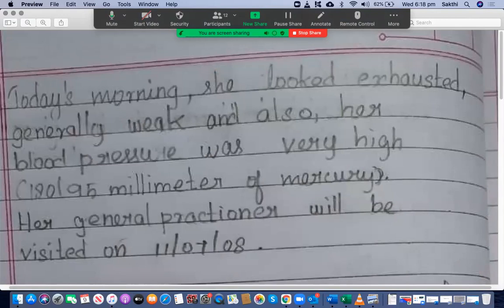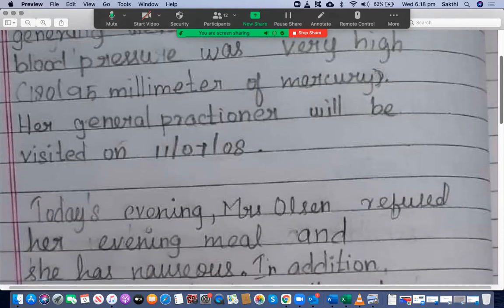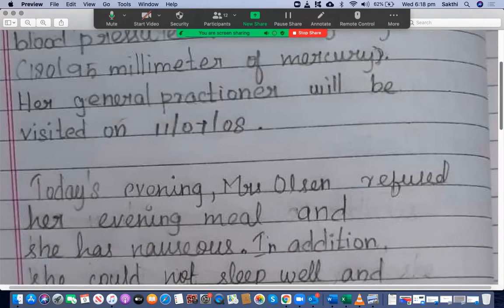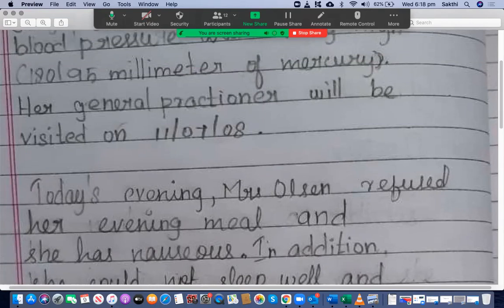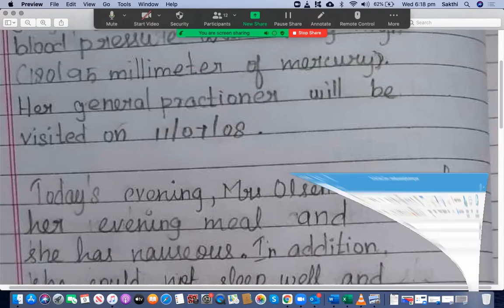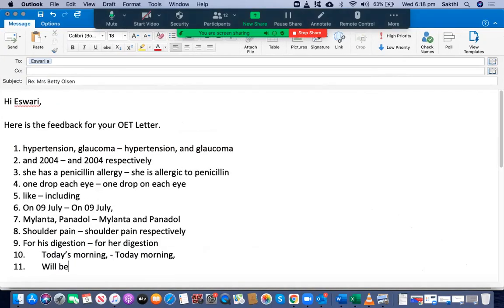She looked exhausted, generally weak, and also her blood pressure was very high. Okay, 180/90 millimeter of mercury. That's good. Her general practitioner will be visited. Will visit. It's not will be visited. Her general practitioner will visit or will be visiting her. So you should say will visit her